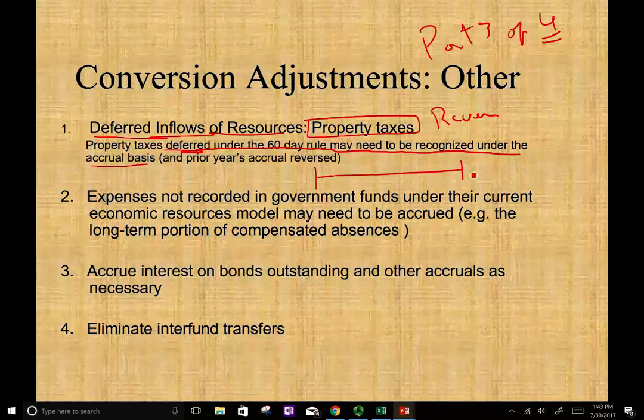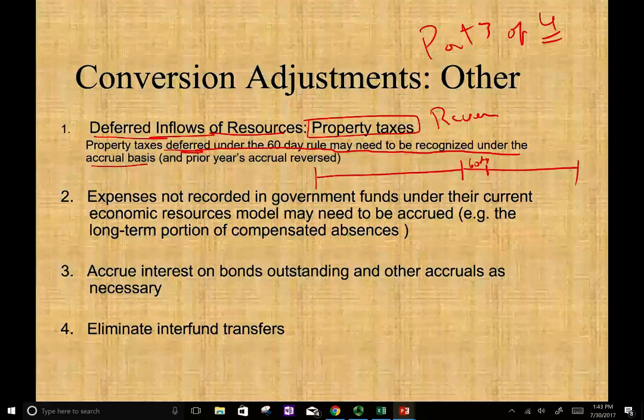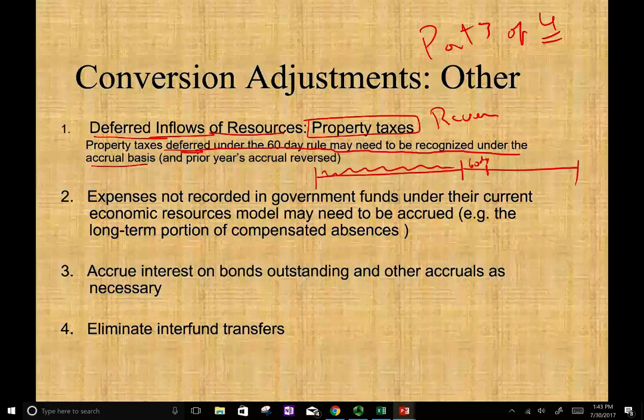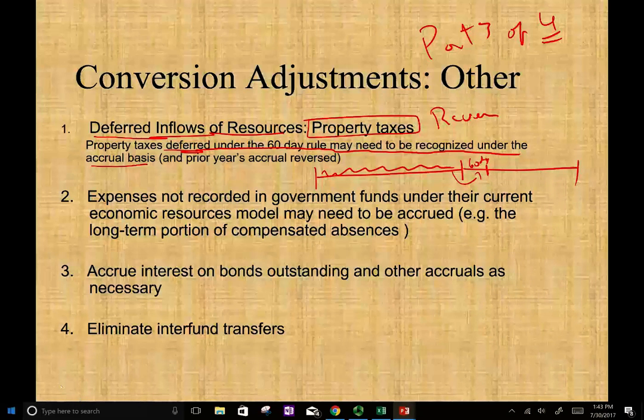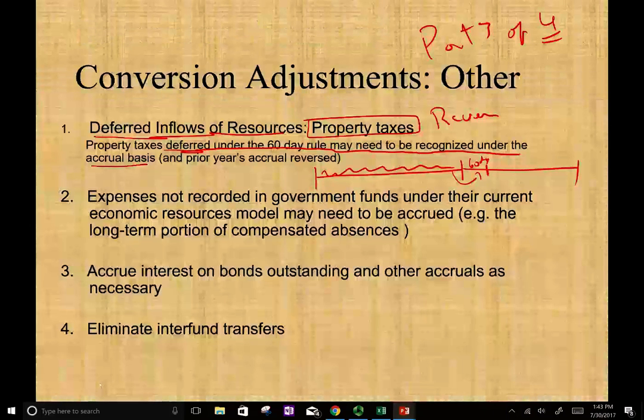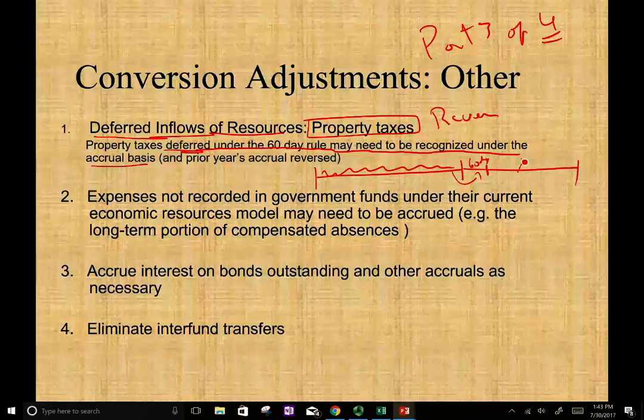If you remember how we book our revenue, we say that we can accrue property taxes. That's what we talked about. So we can accrue property taxes up till 60 days after year end. So any revenue we enjoy during the year and 60 days after. Now what happened to the revenues that we are going to enjoy after 60 days? After 60 days, remember, we call this deferred inflow. So hopefully you remember this. If not, go back and view the lectures about revenue recognition. We're going to work an example anyhow, but this is how it works.